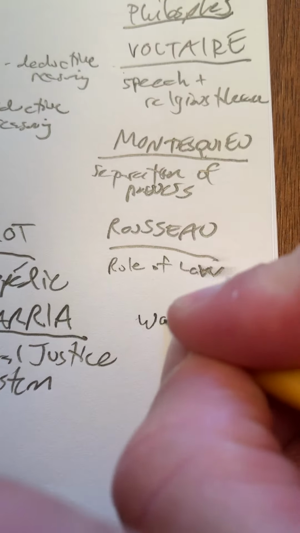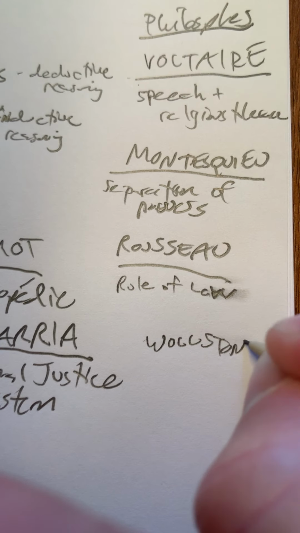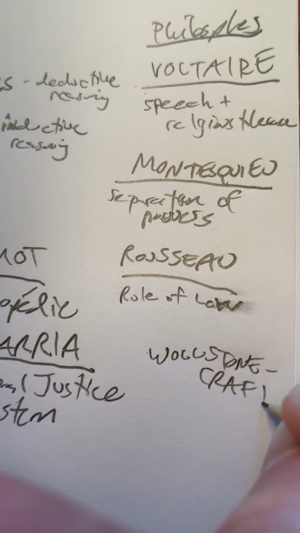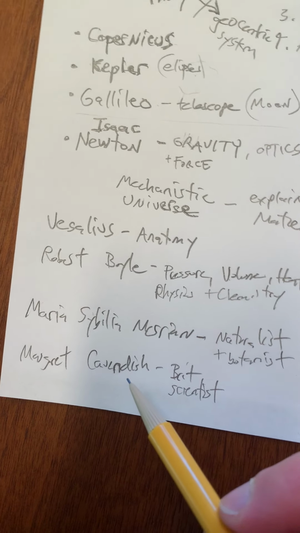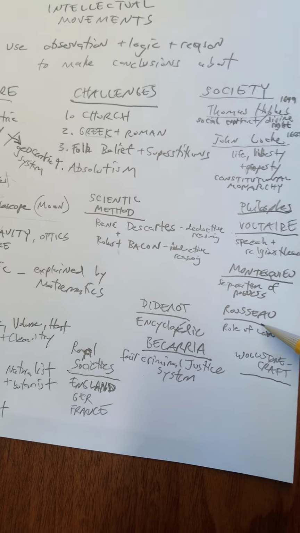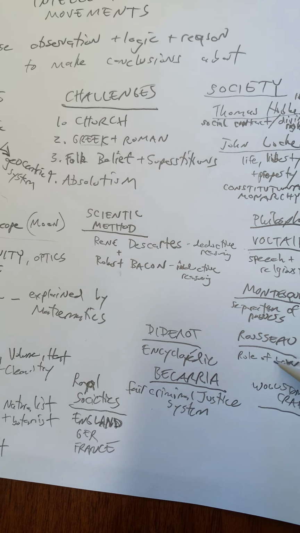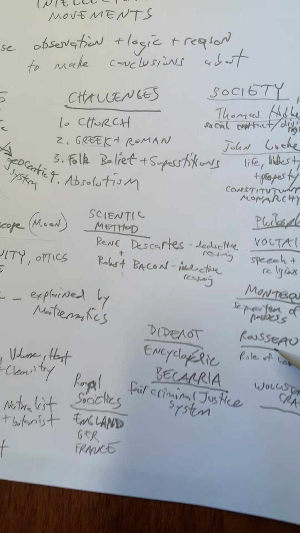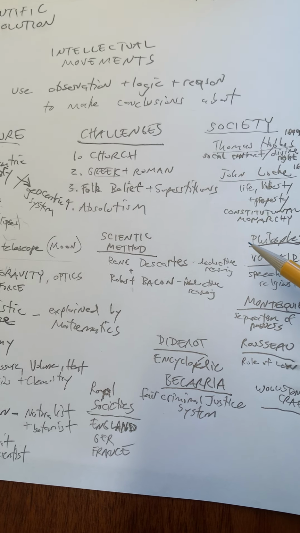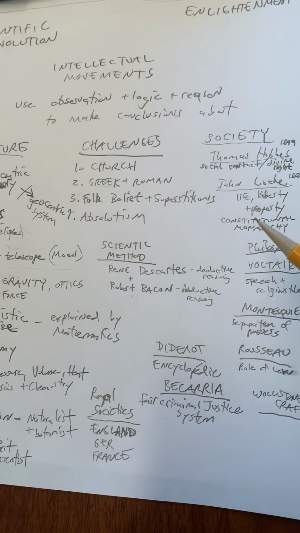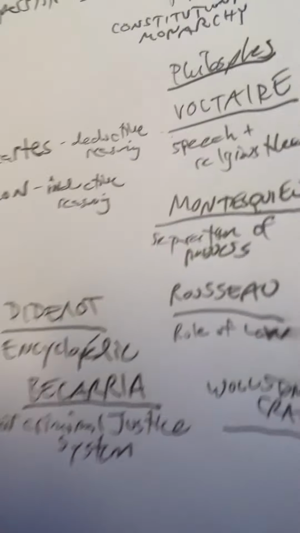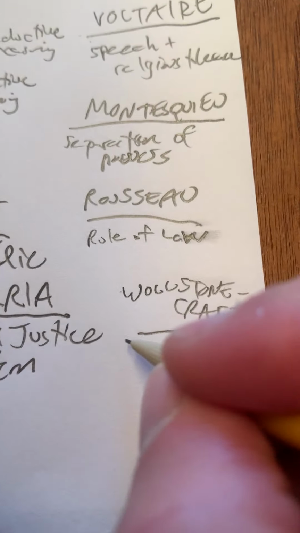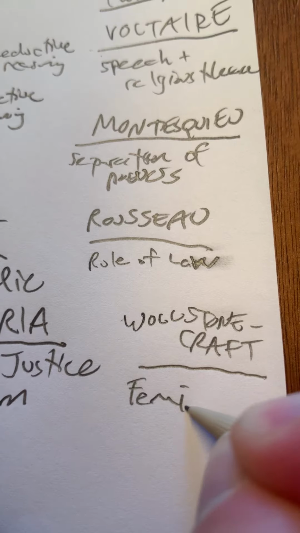And the final philosopher, Wollstonecraft. Even though this is a time dominated by men, a patriarchy, you still have, as we had during the scientific revolution with Maria Sibylla Merian and Margaret Cavendish, or during the Renaissance with brilliant artists like Sofonisba Anguissola, or think about the times of monarchs. Even though it's patriarchal, we have strong monarchs like Elizabeth I in England or Queen Isabella. You also have a strong woman, Mary Wollstonecraft, who's arguing for feminism.